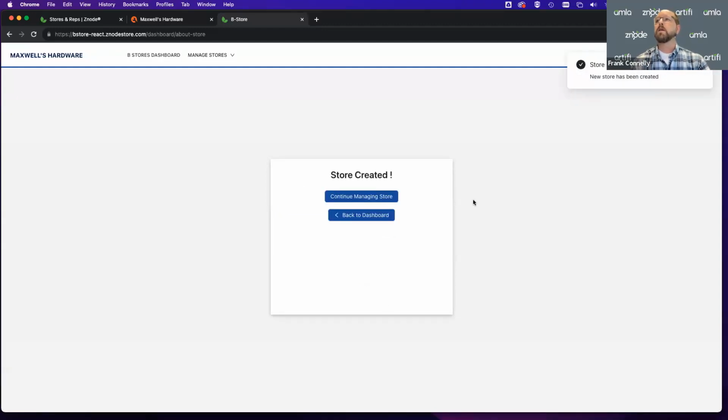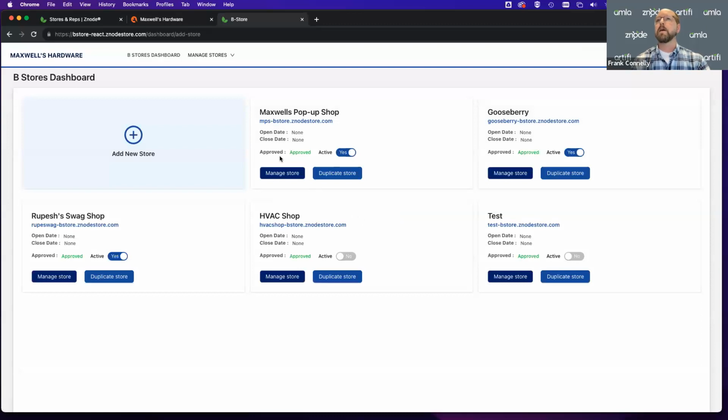And then finally, you know, the store gets created. So do you want to go manage that store, or you want to go back to the dashboard? And here you can see I've created this new store. And then each of these cards have some key information on it. The URL, obviously the name of it, the open and close date, which I'll show you in a minute, but